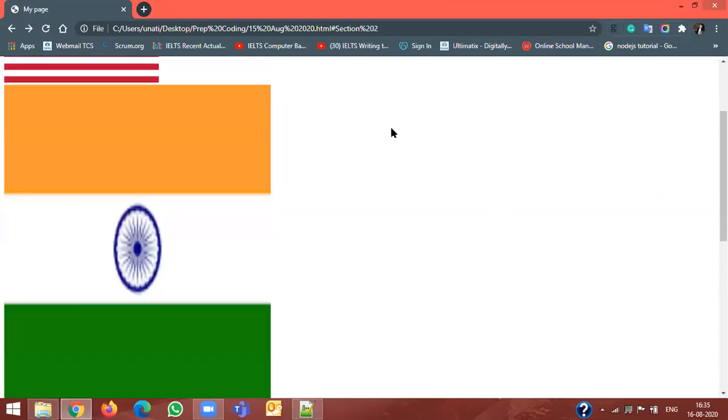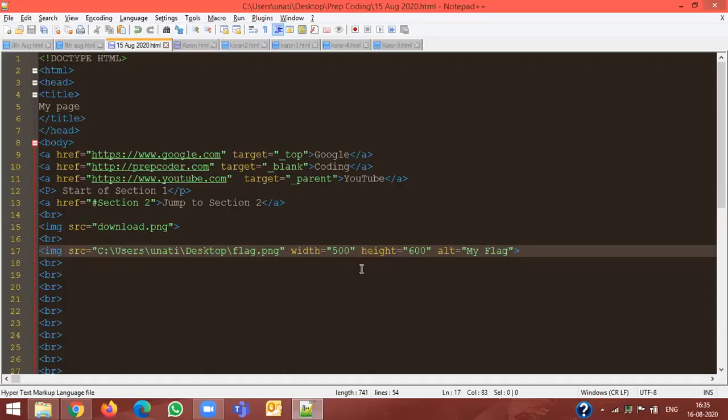Then let's do one thing, Karan. Can you go back to your code? And this is only Karan will do, no one else will do, okay? Karan, just instead of flag 1, make it flag 1 or something. Just give a name which does not exist in the path. Now save it.